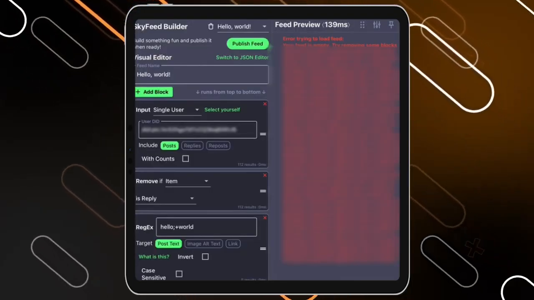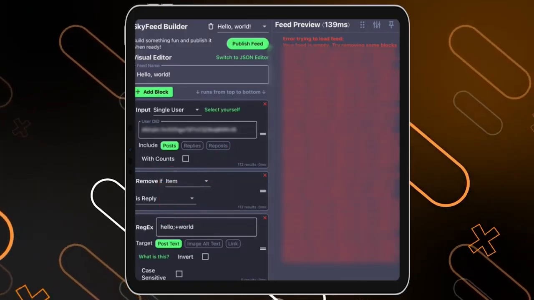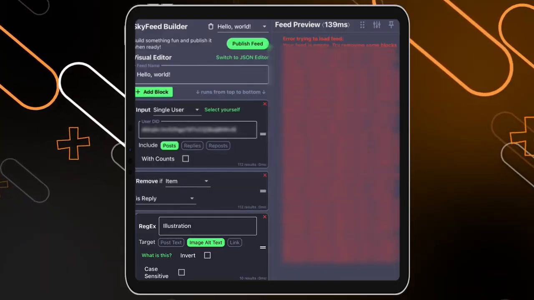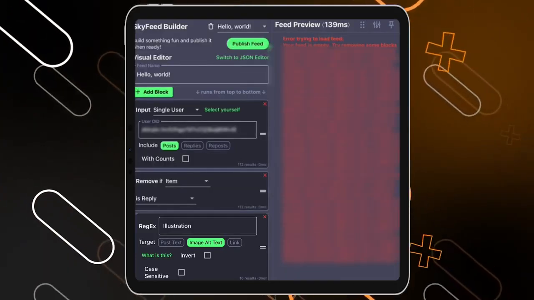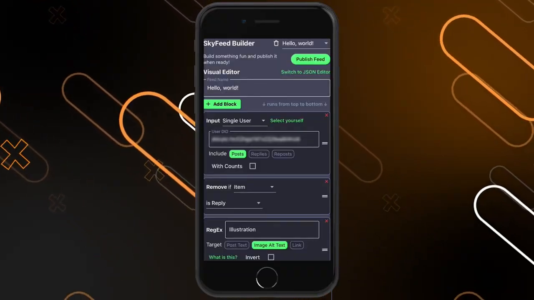side. But don't worry, you just have to change some settings down below in the regex. Now you have to choose image alt text or post text as you need. Then you have to type the keywords in this box right here. Once you finish, you can simply generate a feed, or let's say that you want to add a post in